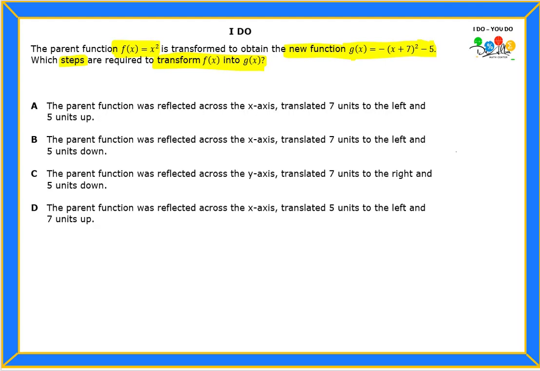What about if we first try to identify what's happening in the new function? So let's write it down: g of x equals negative (x plus 7) squared minus 5. Now, what is one of the first things you want to do here? Check what the minus 5 represents. Honestly, that's one of the easiest to identify. So my minus 5 means that my quadratic function will move 5 units down,